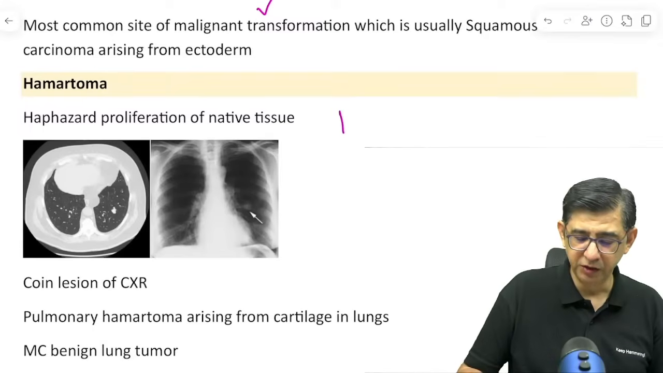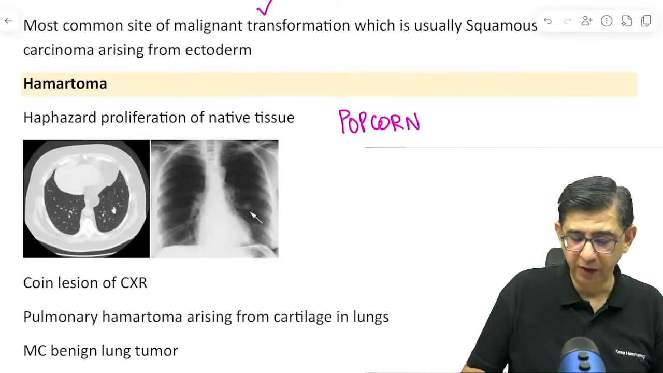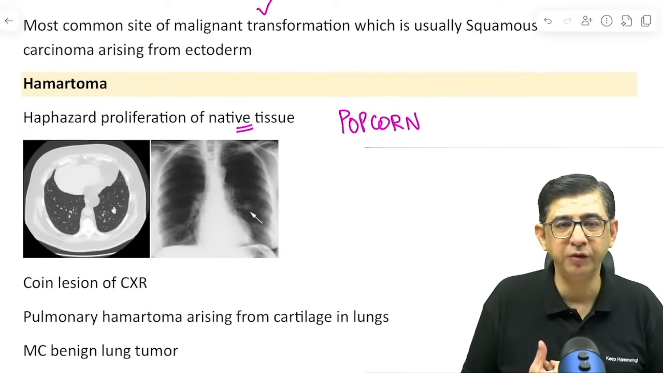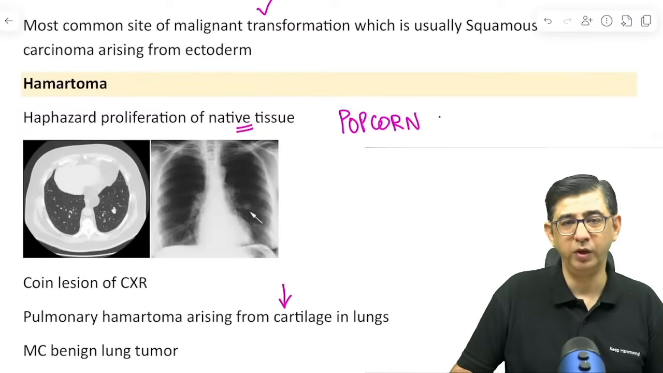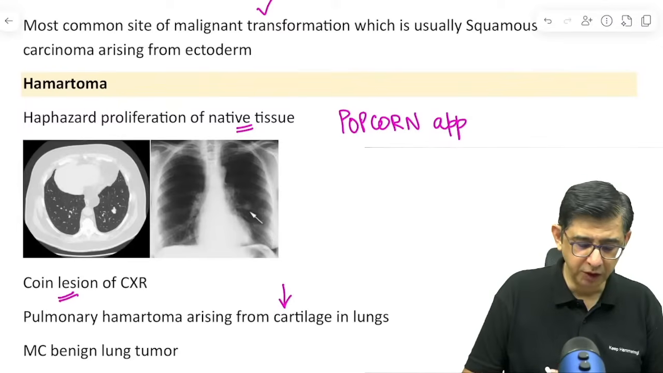If I just say cartilage in the lungs, and I'm saying hamartoma, it basically means a haphazard proliferation of the native tissue. That would be from, it would originate from the cartilage in the lungs. And the classical appearance of this would be called a popcorn appearance. So easy to identify. But in some questions, you might begin by saying a coin lesion is noticed on a chest